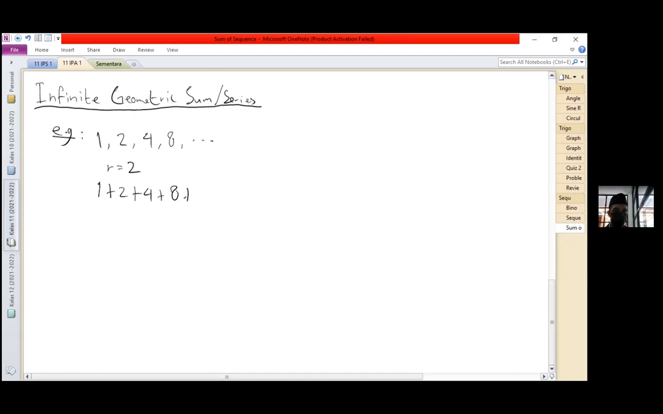What do you think the sum will be? Basically, you can see directly that 1, 2, 4, 8 and so on, because there are infinite terms, the sum will go to infinity as well, right? In this case,